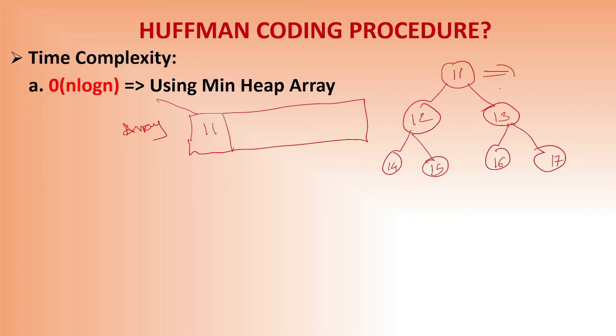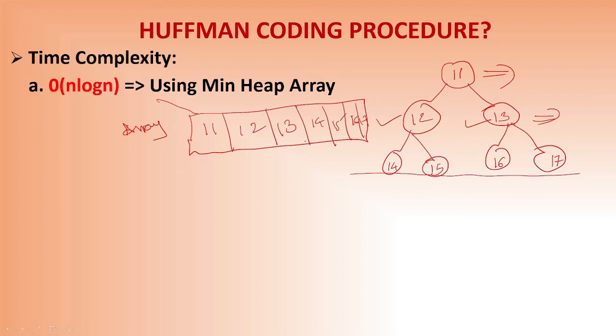So first 11 will come, then next level elements are 12 and 13, with left to right scanning. So first 12 will come, then 13 will come, then the min heap array. So come to the next level. In the next level there are 4 elements, 14, 15, 16, 17 from left to right. So if you are using a min heap array, then it will take n log n time to solve the Huffman coding